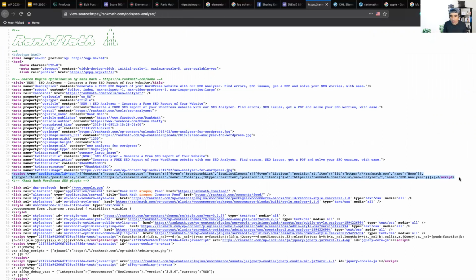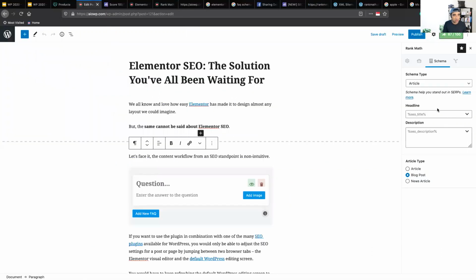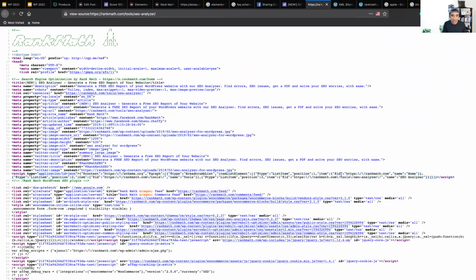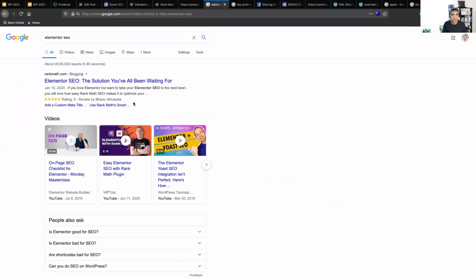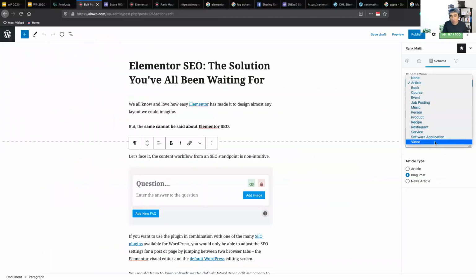And what this does is that, let's say you're writing an article on news, you can define all those values in here, let's say the title and the description. And if Google finds that the data that you entered in the schema markup matches with the overall content of your website, then your website becomes eligible to show rich results, which is like showing up star ratings in the search results or various different types of rich results that Google provides. So this is another benefit of using the RankMath plugin, and you can choose from various